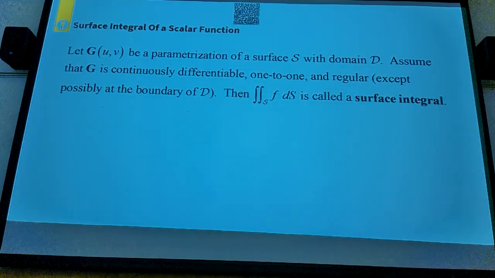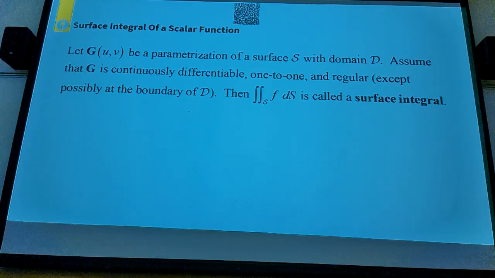Surface integral, we're integrating over a surface. Means we now have to deal with